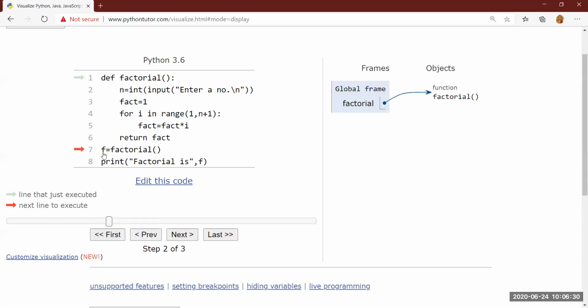Do remember, you have to treat it like an expression. Always remember, you have to treat line number 7 as an expression. And if it is an expression, what happens in an expression? The right hand side is solved first. You all know. Take it like C equal to A plus B. If the expression is C equals A plus B, what will happen? First A plus B will be solved, and then it will be transferred to which variable? To C. Same thing, you have to take it like an expression.